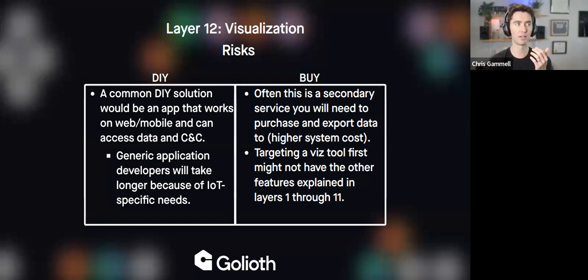in terms of what you expect to see and how you want to interface with stuff. In terms of buy, a lot of the platforms that we analyzed, actually, it kind of broke into two spaces. So it was almost like the visualization groups and then the platform groups. And usually they're partnered together. So from Goliath's perspective, we actually are partnered with Ubidots and DataCake. Like I said, I really like those folks. And so because the visualization is kind of like a different set of challenges, and it is very customer facing,